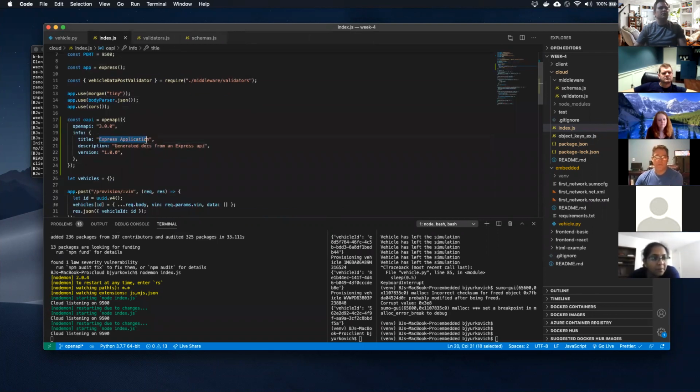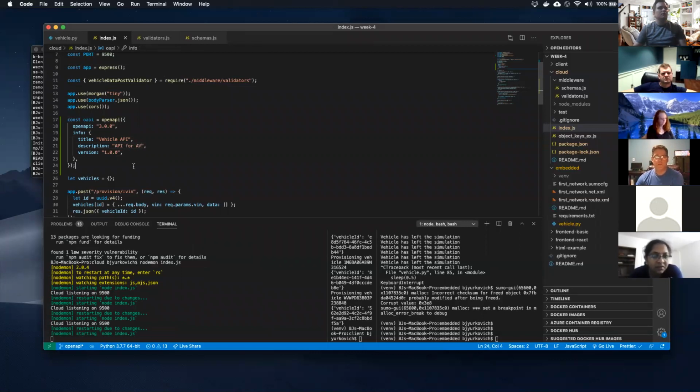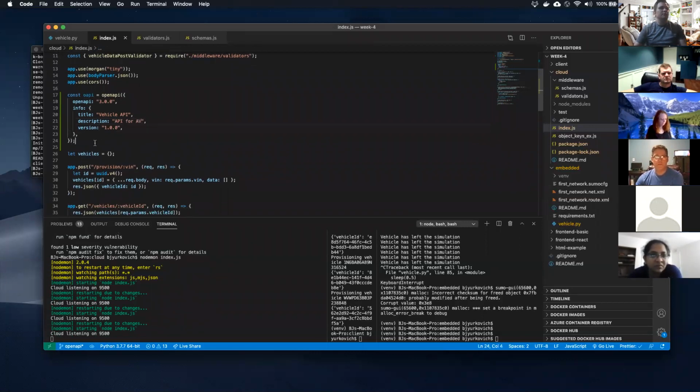So let's do this. Let's say our vehicle API. Just vehicle API. And then version, just whatever we want it to be.